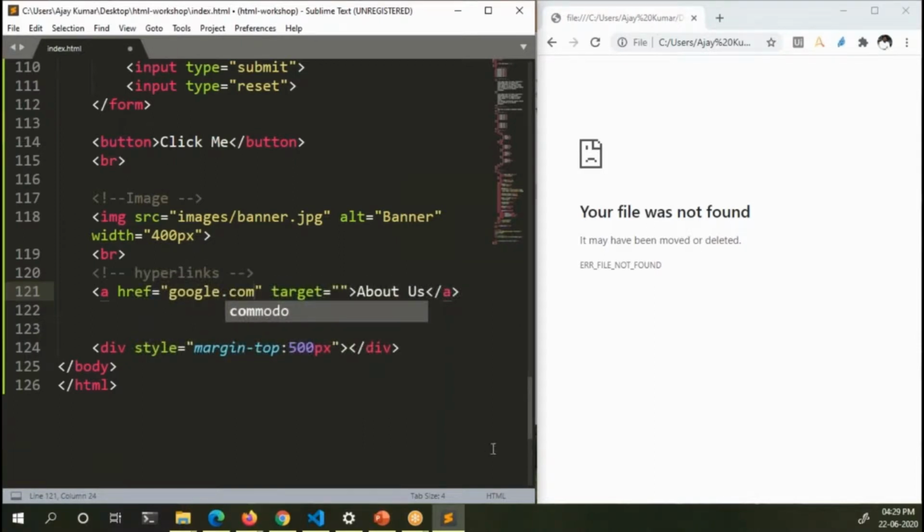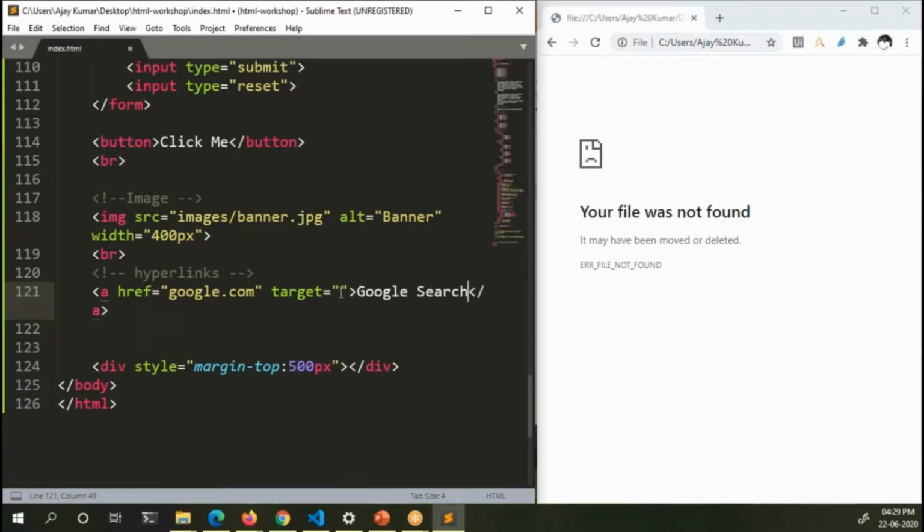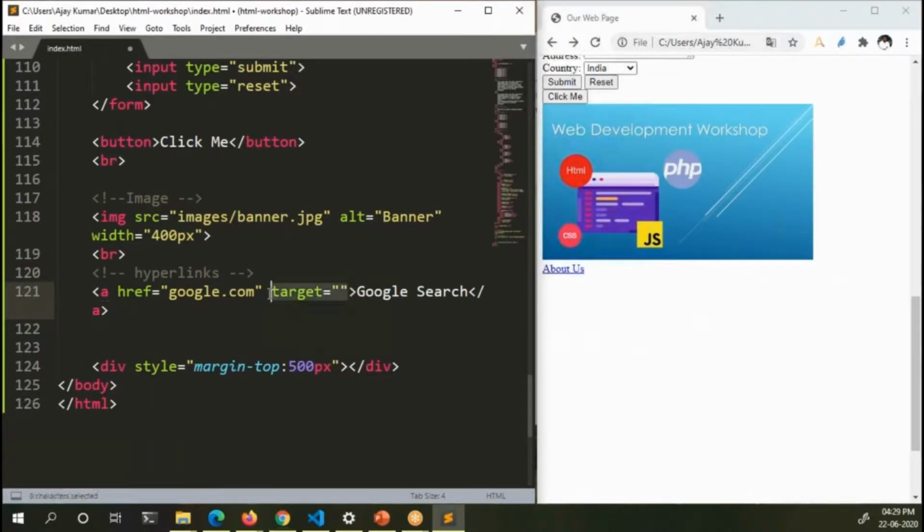We all know that google.com is there. Now I want to open google.com when I click on this link. Let us change the text also to Google search. But see, without target, let us see what happens.